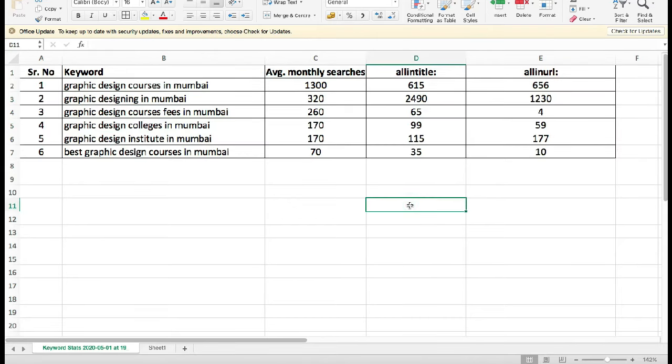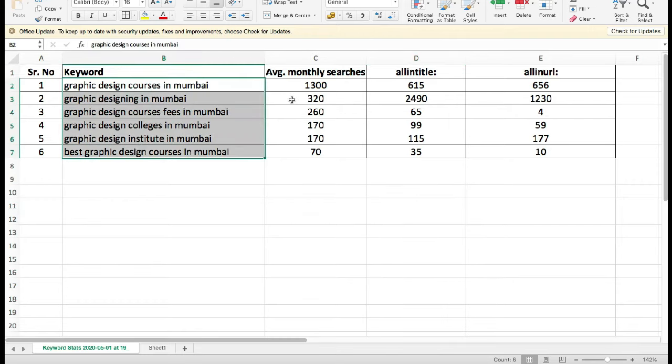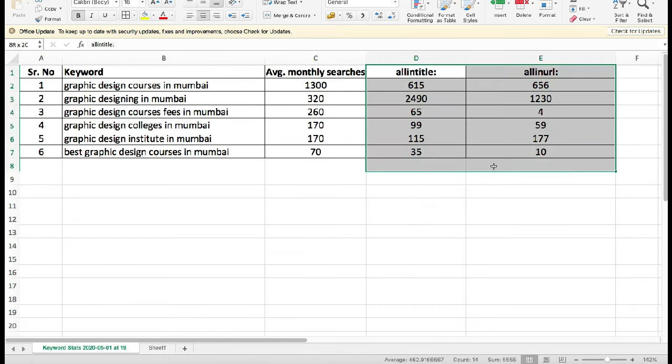Now once you do the entire activity, you should find your Excel sheet in this manner. This is how it should look. Over here you have all the keywords in one place. You have their average monthly searches, and you have their all in title and all in URL values, which are nothing but the competition.